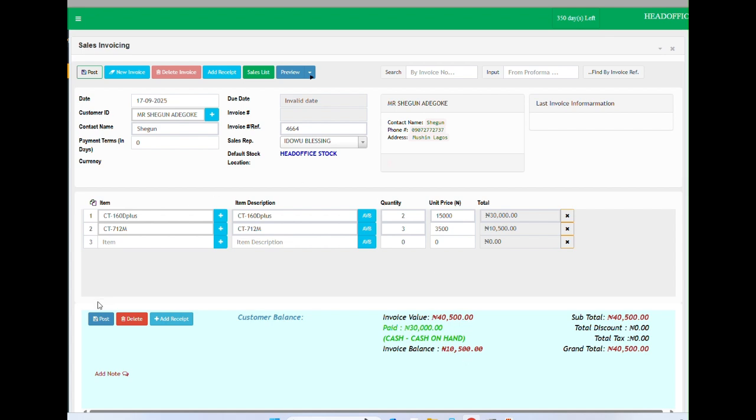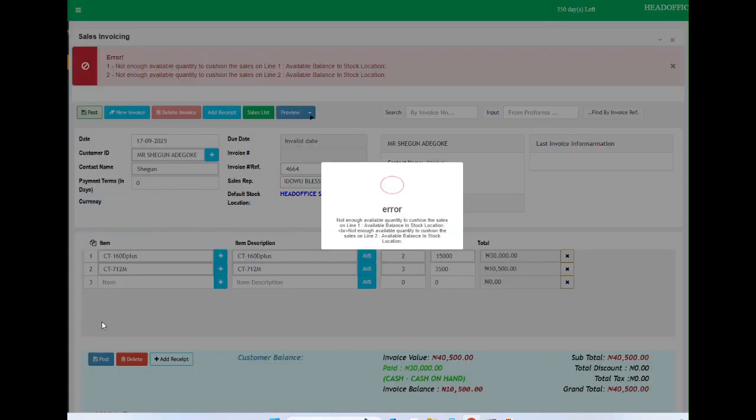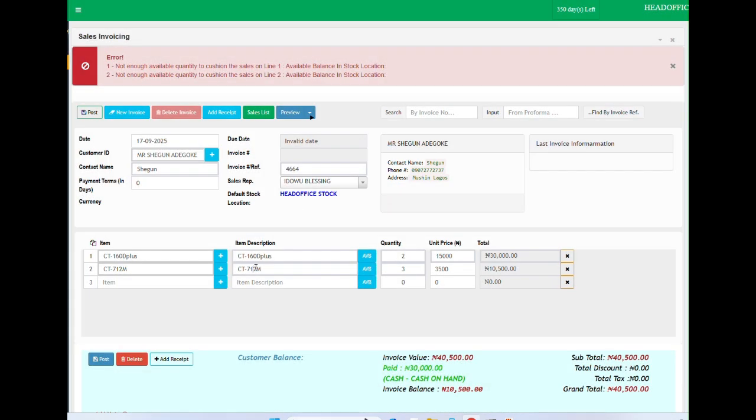If I go ahead and post this, okay, now the system is telling us that we don't have enough of all these items on our system, right? And that includes invoice number 1 and